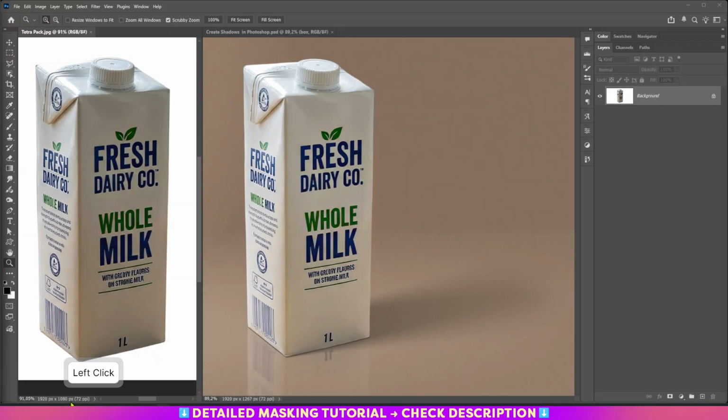Hello guys, today I will show you how to make a shadow for box packaging like this to become like